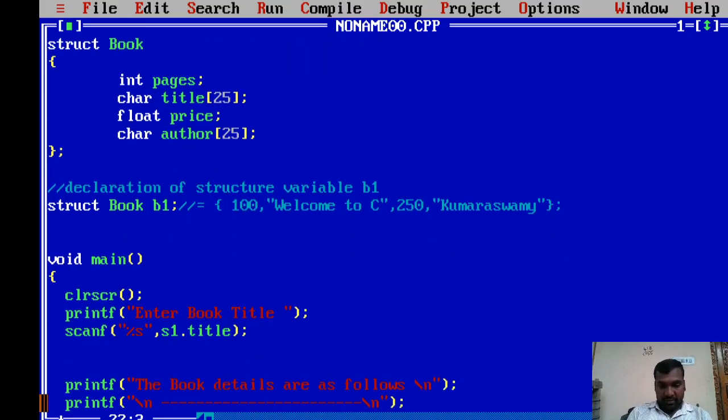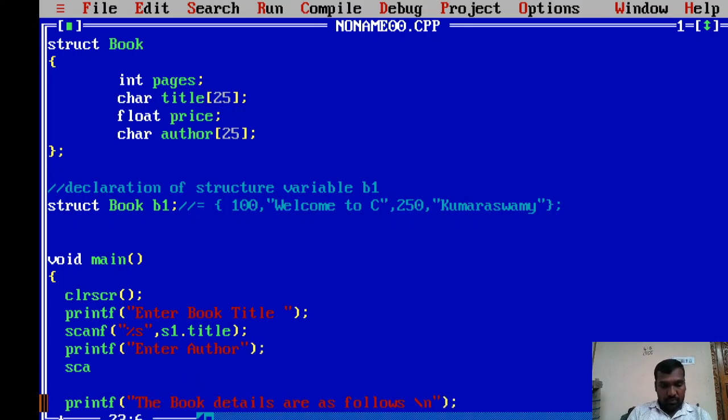And I'm trying to read, printf enter author, scanf percentage s, sorry, string, s1.author.